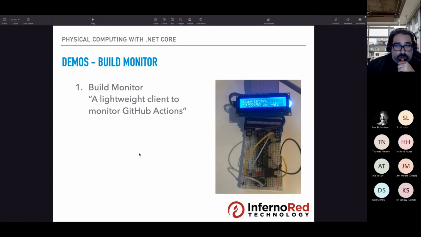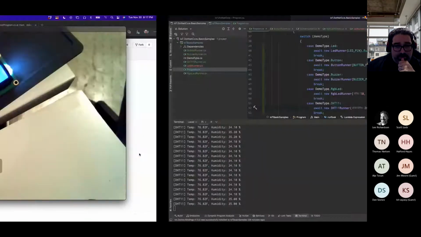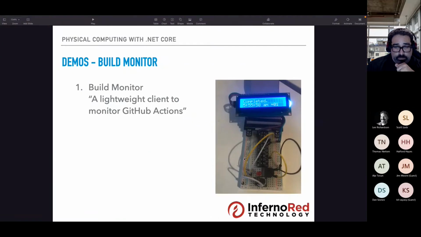I do have that code for you to see, but in terms of hardware, let me explain what would happen. When a build is queued on a GitHub action, it will send a webhook to my local IoT device.